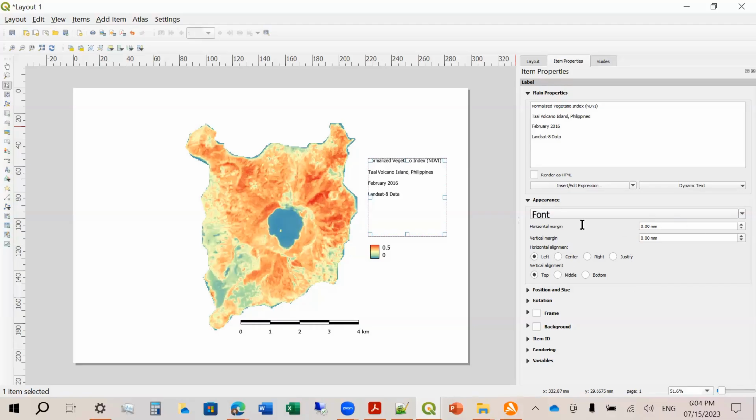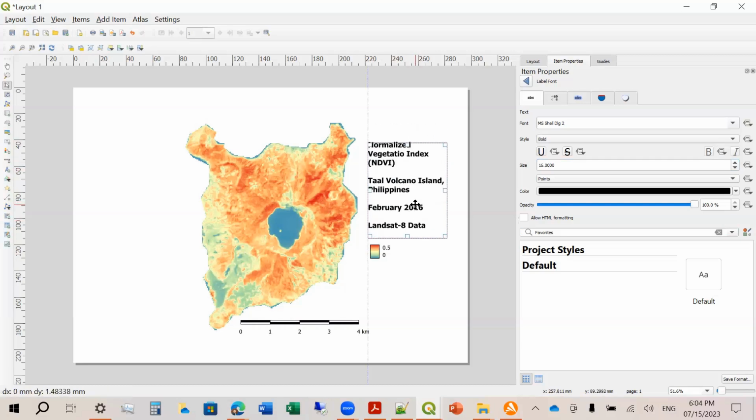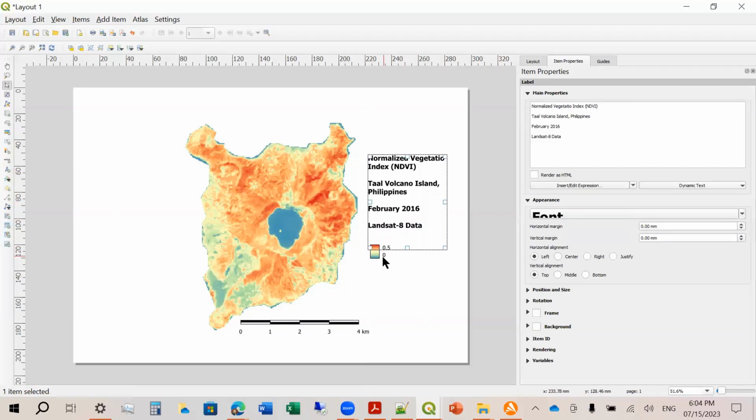Okay, so let me just look at the font. Okay, and then we can go for bold and then increase the size. So this is now your data. Now, of course, lastly you want to define.